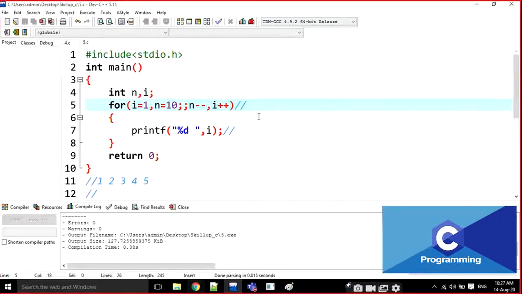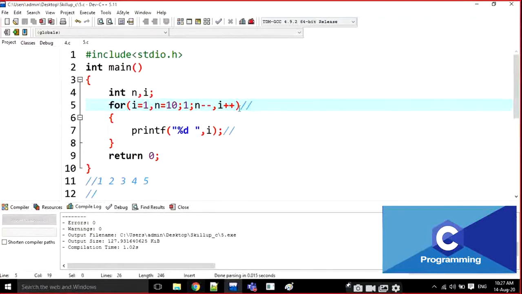Infinite loop. Why is it going to be an infinite loop? 100% it is an infinite loop. Why? Because by default it is treated as always true. For example, if I put 1 here, it is going to print 1, 2, 3, 4, 5 like this. Why? Because i is incremented.